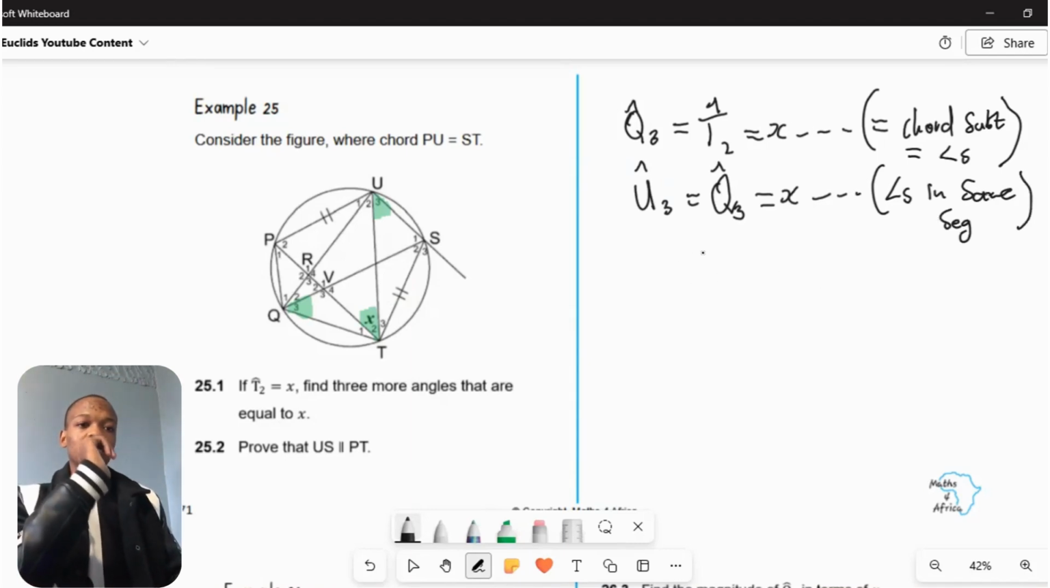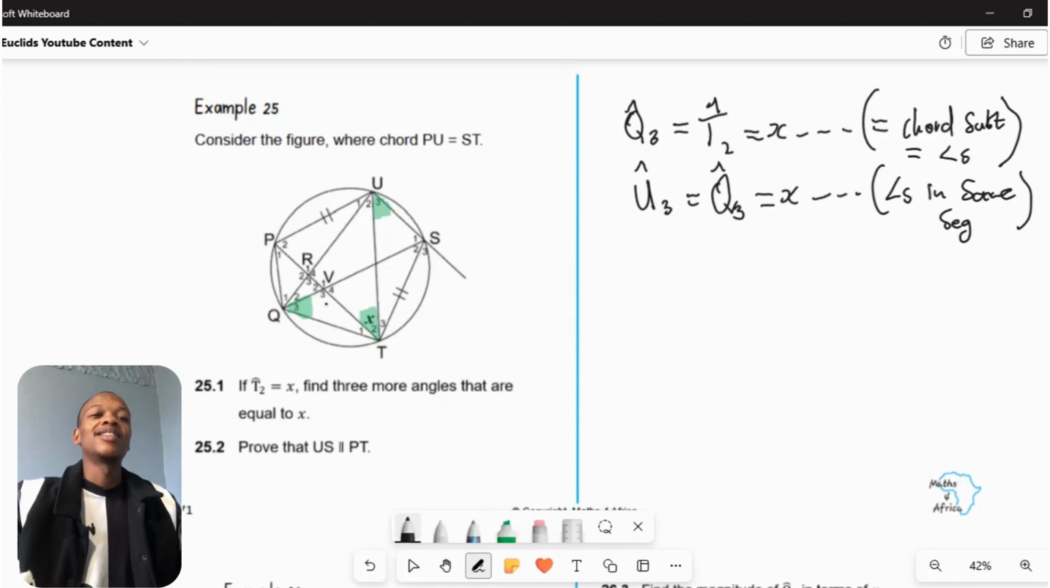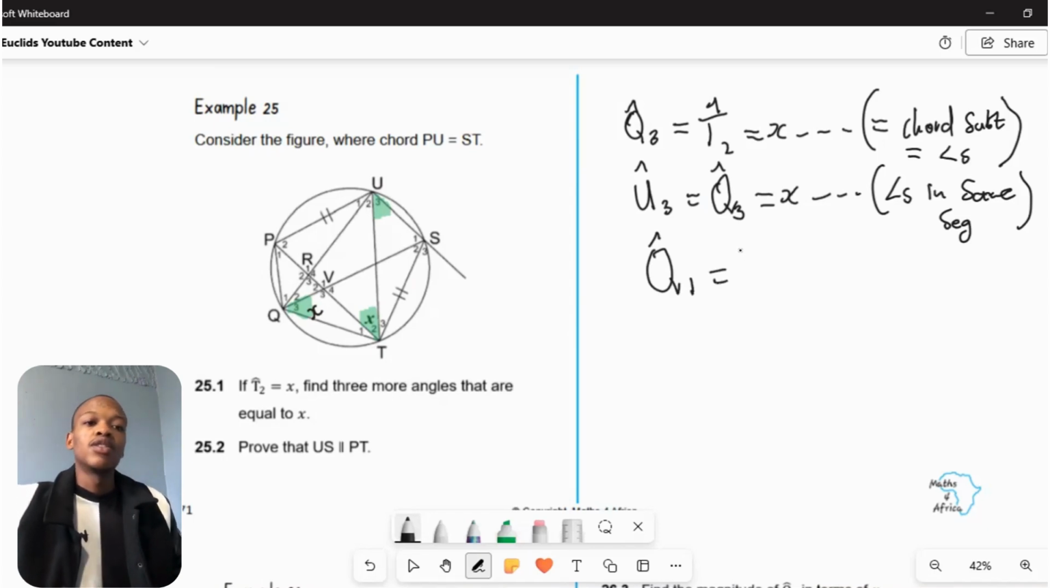Right, now the last one can be Q1. Q1 is subtended by PU. PU is equal to ST. ST is subtending Q3. Q3 is equal to what now? Equal to X. So what does that mean about Q1? Also Q1 will be equal to X. Angle Q1 is equal to, let's equate it to,